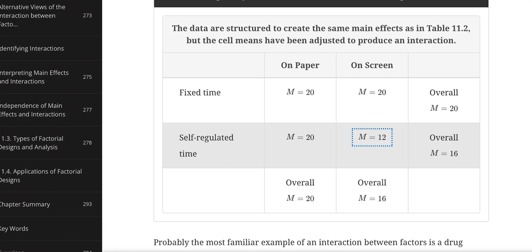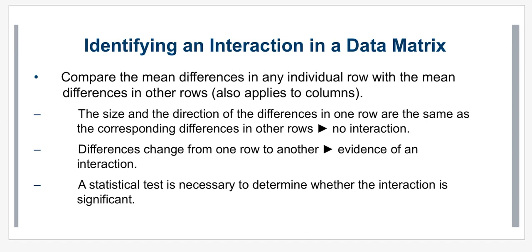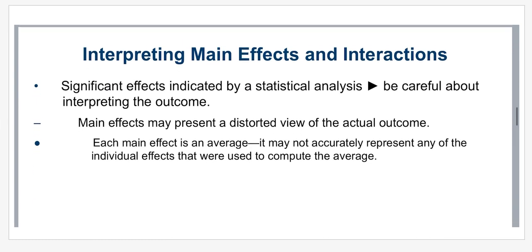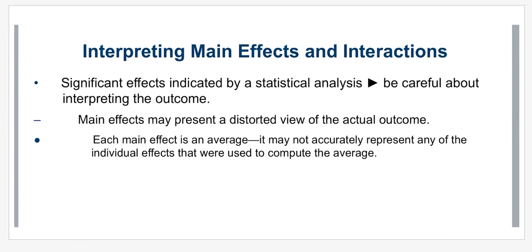Now, again, remember, we've said this several times, but a statistical test is necessary to determine whether this interaction is significant. So we see that there's some kind of interaction happening, but we have to use statistics to determine how significant that really is. Because there could be a small difference, but if it's not enough to be considered statistically significant, that means it's probably likely due to error, or maybe too large of a sample size, too small of a sample size, or it could be due